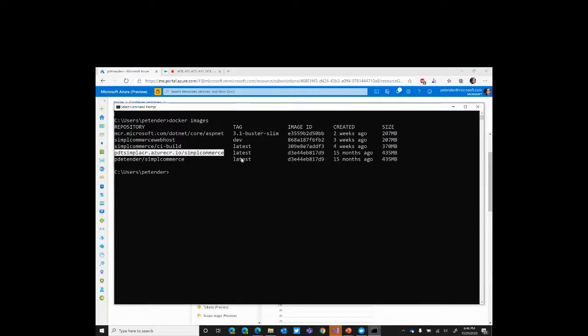If the name is not reflected in the tag of the container image, the registry is not accepting it. To do that, it's docker tag with the name of the registry you want to use and the name of the container image. In my case, it's simpleacr, that's the registry, and simplecommerce is my simple e-commerce example, where you would run docker push,